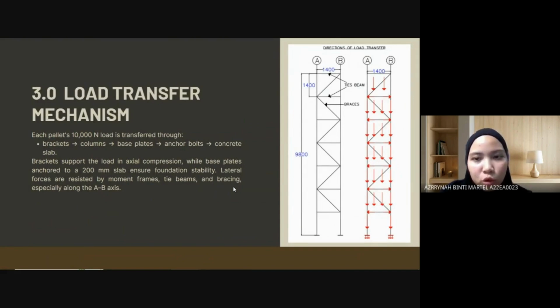Next, the load transfer mechanism, where I have included the direction of the load transfer at the right side. Each pellet carries 10,000 load transferred through the bracket to the column, to the base plate, to the anchor bolt, and the last one is to the concrete slab. For the bracket support, the load is in axial compression, while the base plate is anchored to a 200 millimeter slab to ensure the foundation is stable. And the lateral force is resisted by the moment frame, tie beams, and bracing, especially along the A and B